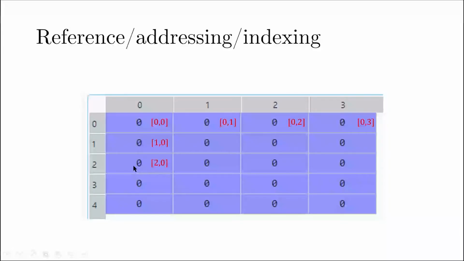Now if I look at this particular element, even though it's in the third row, the row index is 2 and the column index is 0, so it is 2, 0, and similarly for the other elements. Now if I want to arbitrarily find a particular element, for example this one, it has a row index of 3 and a column index of 2. Therefore, the overall index of this element is simply 3, 2. I hope this is making sense, but I'll try to reinforce this idea through another example.